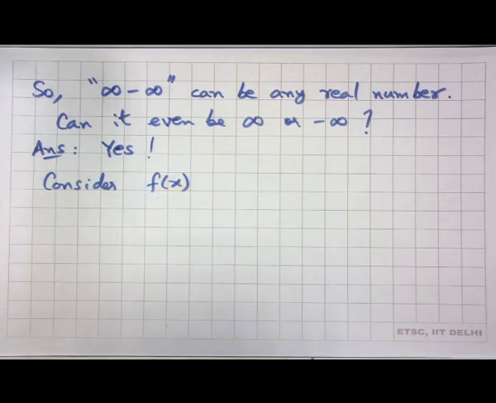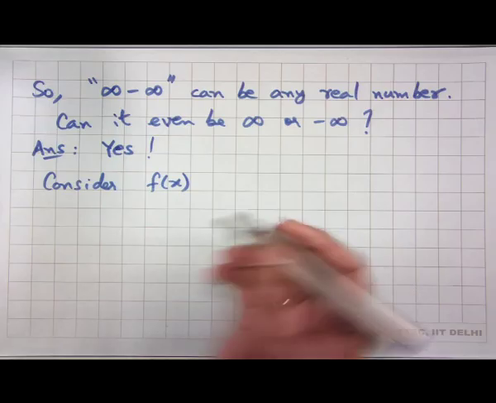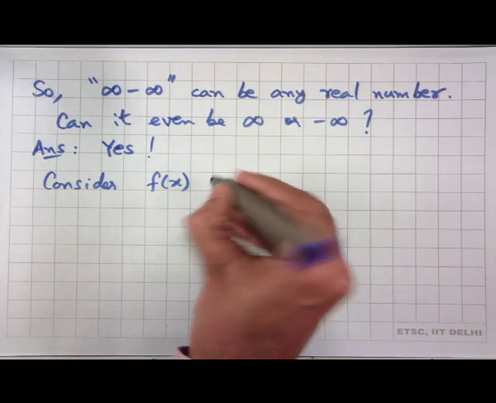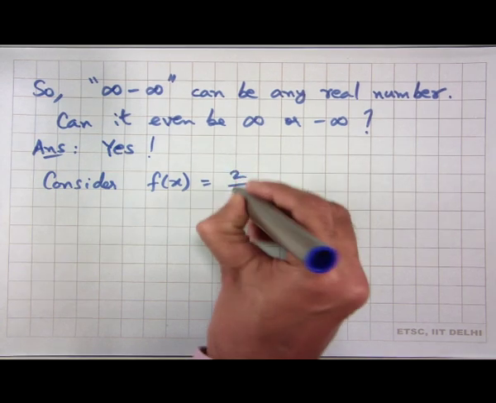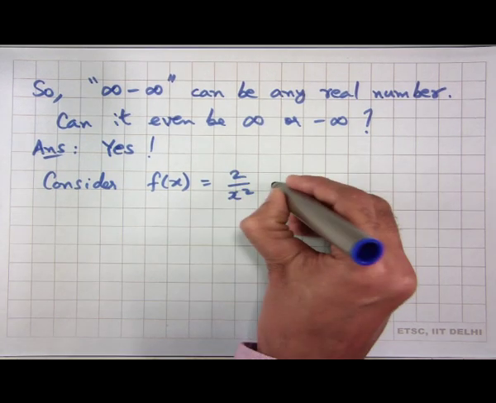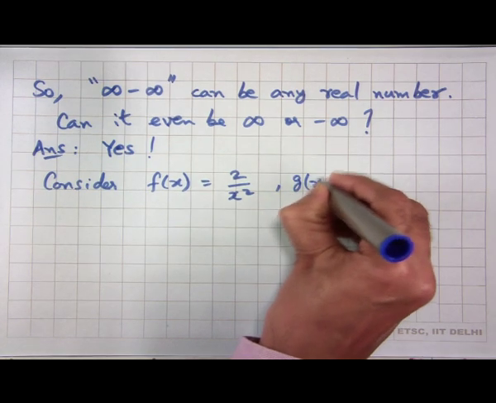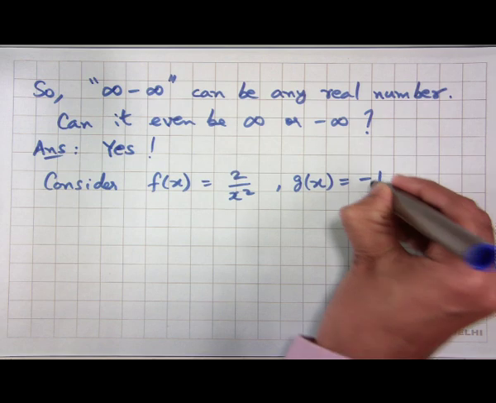Let us consider f(x) and g(x) such that f(x) plus g(x) will be equal to infinity. This is again very simple to do. If I take f(x) to be equal to 2 by x square and g(x) to be equal to minus 1 by x square,